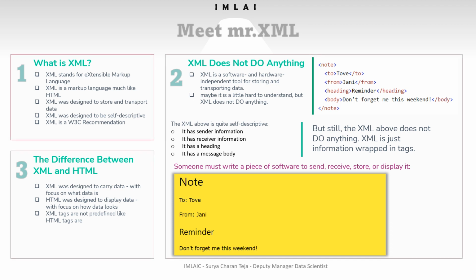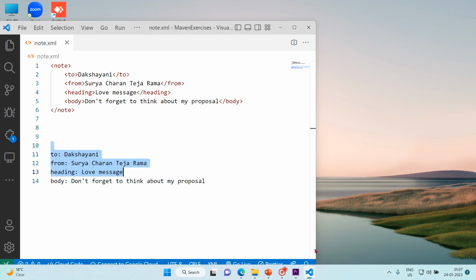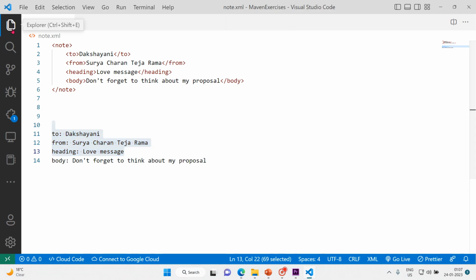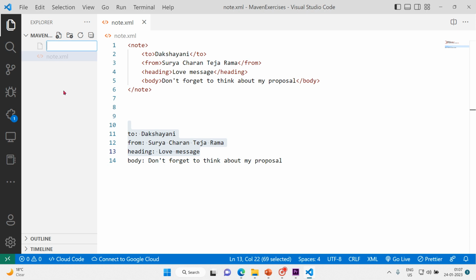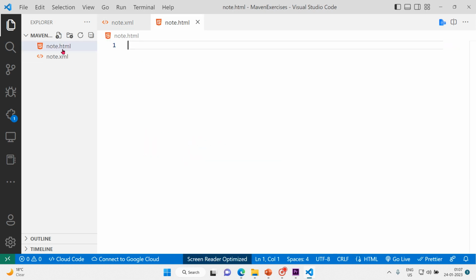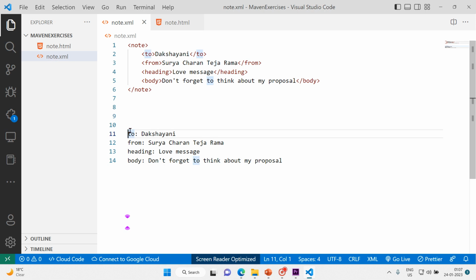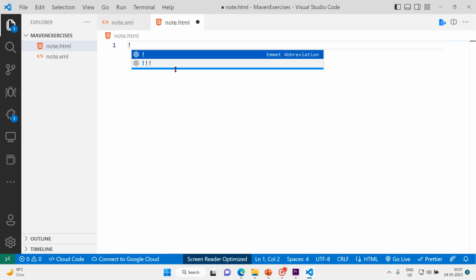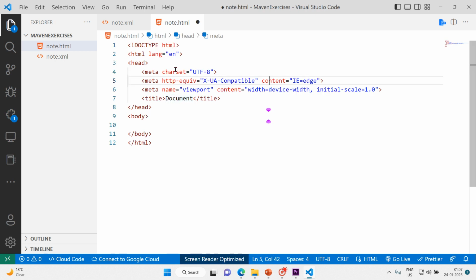So let's check how we can prove this. Here what I'm going to do is go to the Explorer and create one more file. This time we say note.html. Okay, we'll copy the same thing, but how are we going to write it? So let me take this default HTML. So these tags,